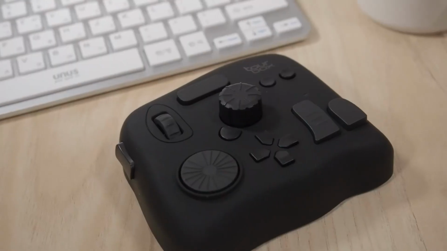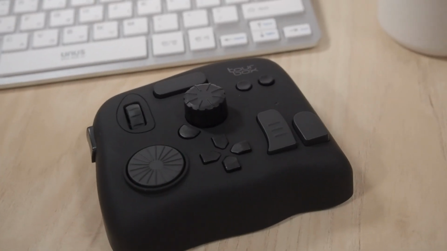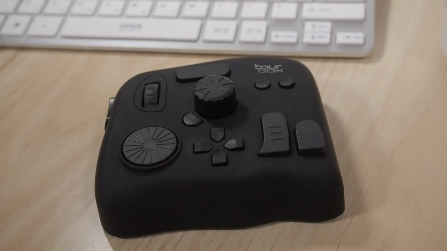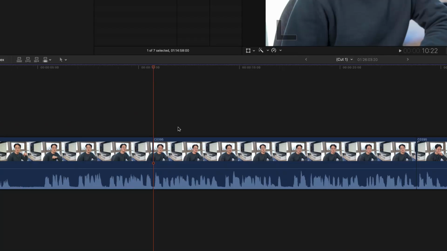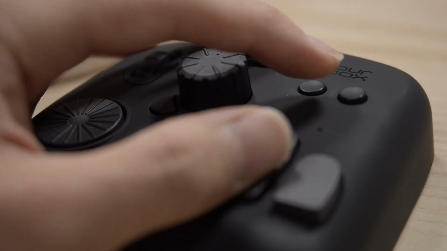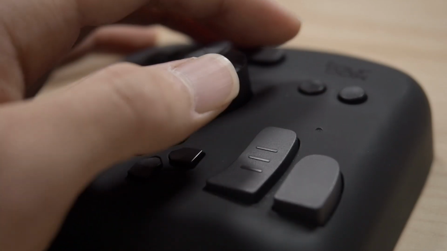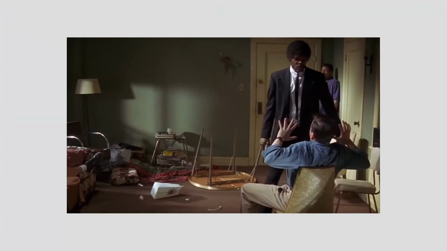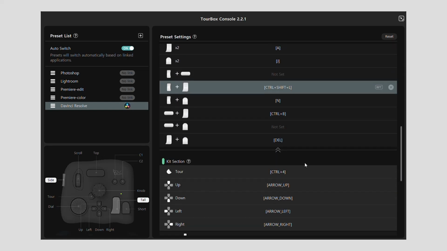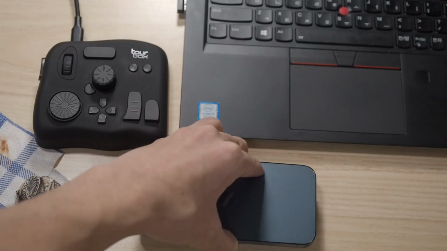And just like the dials and knobs that I talked about earlier, you can use any of these keys in combination with other keys to do different things. For example, this key will make a ripple edit. If I press this key together with the same key, now that will work as Control Z, or Control Z, depending on where you're from. What country you from? So when I customize all these different combinations, it gives me more than 20 different commands that I can do in a small package like this.